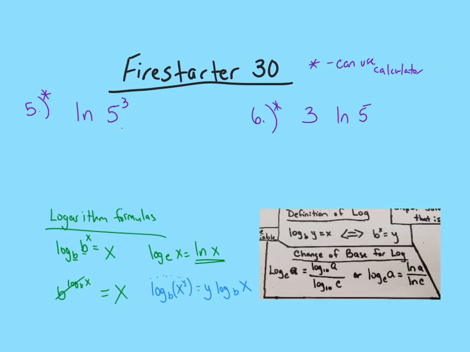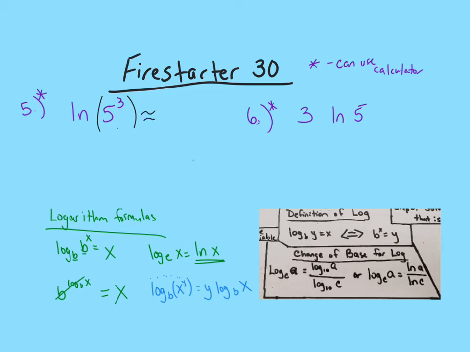And number 5, so remember, if you plug that in your calculator, I want you to make sure you put that in parentheses. Here's your calculator, does it for you. So I'm going to put ln, that's a button on your calculator, 5 caret 3, hit enter. So remember, this is an about. I end up with 4.828. Alright, 6, exact same thing, I can use the calculator, but this time I'm going to type it in, 3 ln of 5, so I end up with the same exact thing,